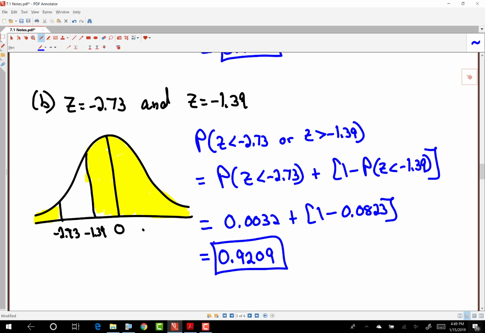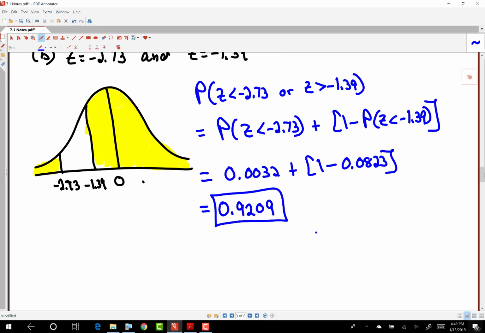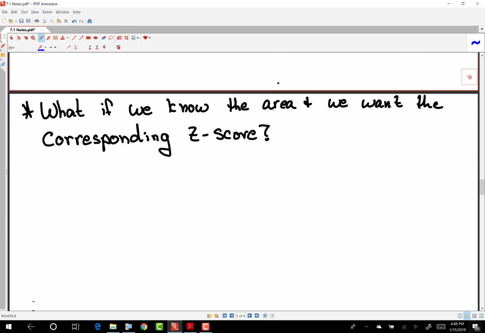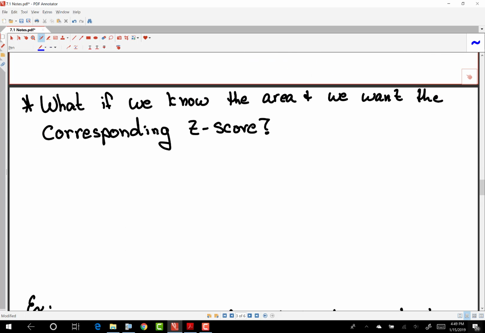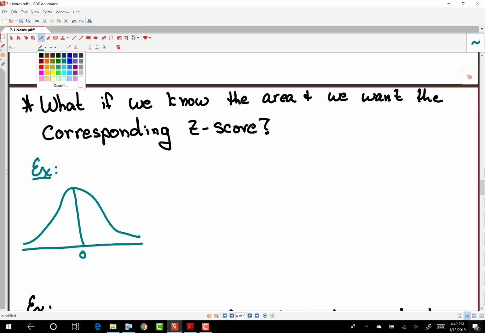Okay, so that's how we find probabilities in areas using the standard normal curve. Now, sometimes we want to do the reverse. And that's what I want to talk about next. What if we know the area and we want the corresponding z-score? So like, for example, what if we have this scenario where we have some value, z, and we know that this area,